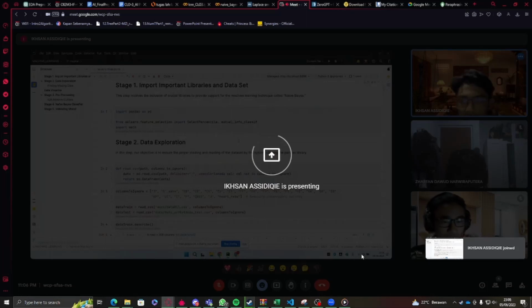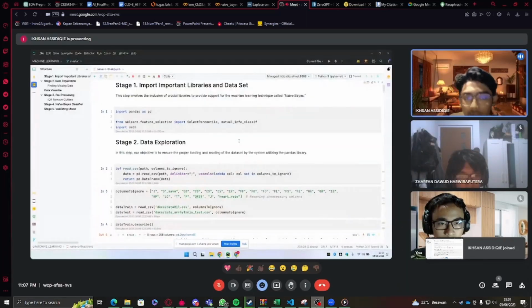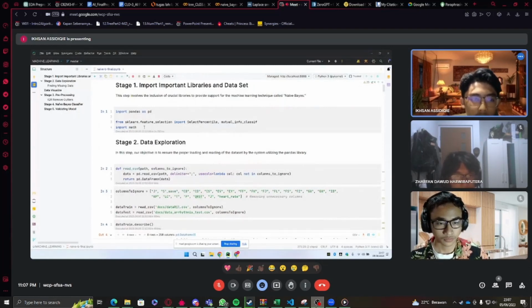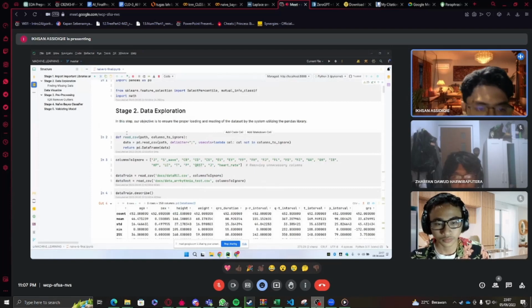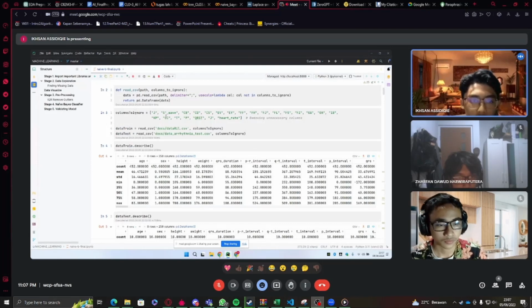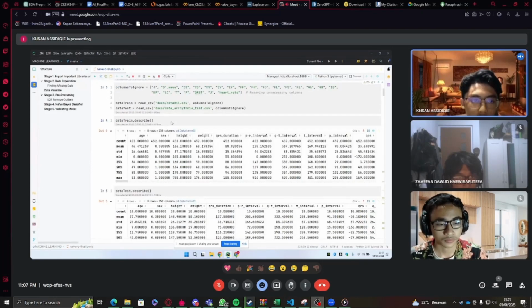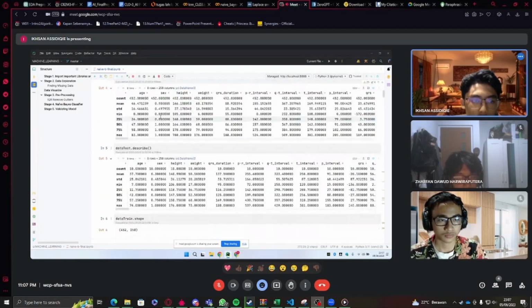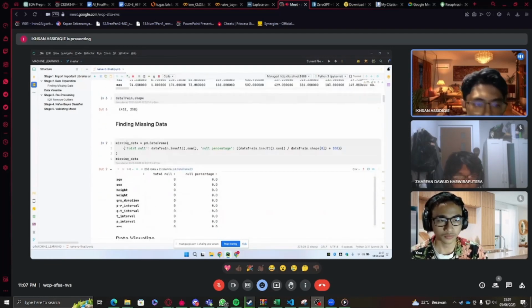Okay, I will start by importing the relevant libraries such as pandas and math, and then I want to create a read CSV function to read the file, and then I create the columns to ignore for the first time, and then I try to gather info from the describe and the shape methods. After that,